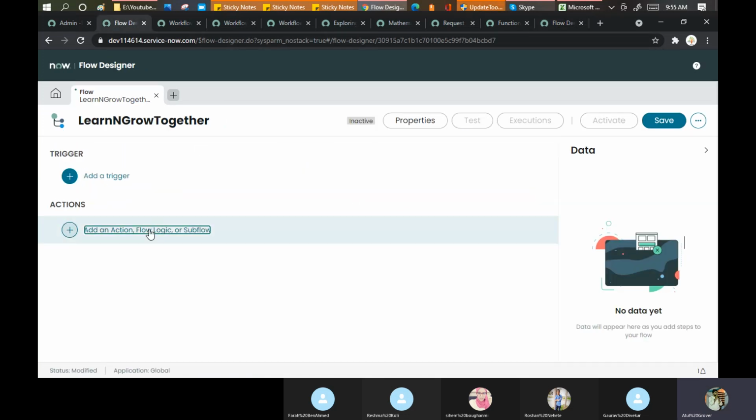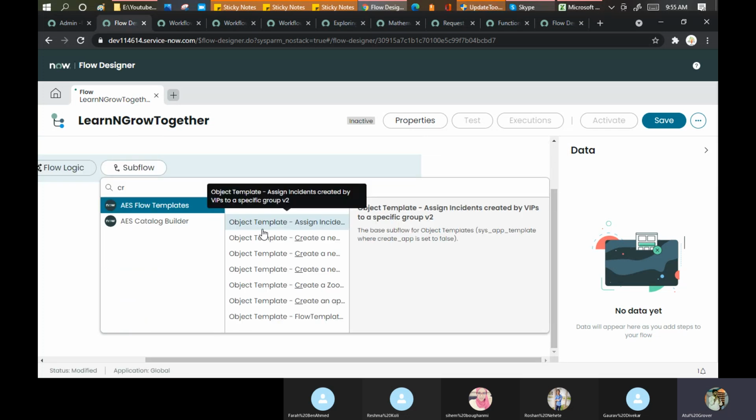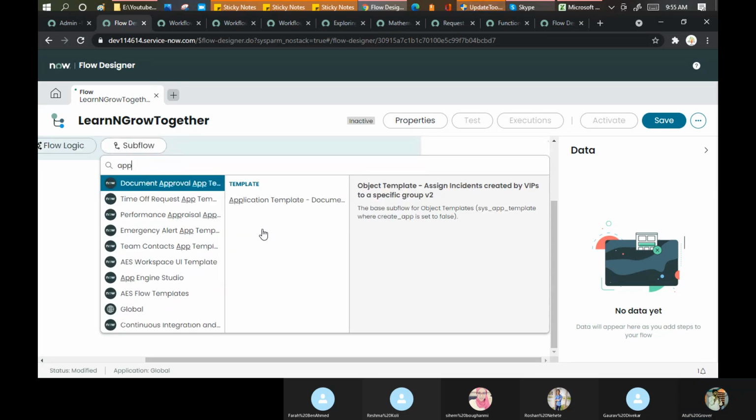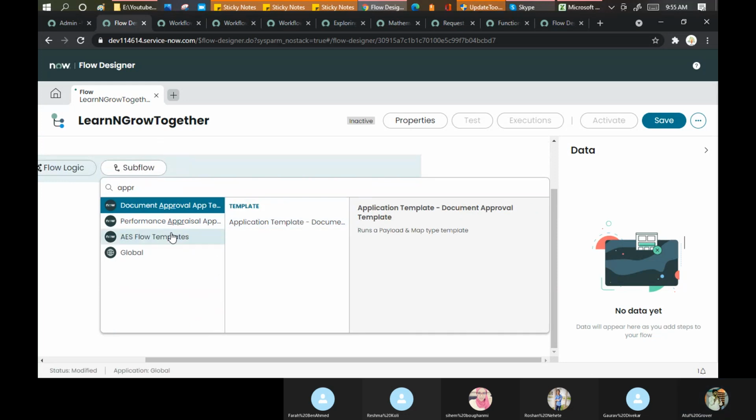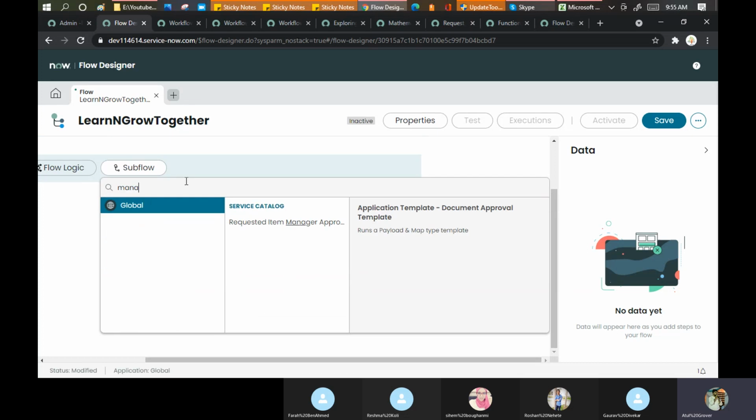Now let's go here and put a sub workflow. Sub workflow means these are the workflows which are already created. Approval. Or let me search for the manager approval. Yep. Request item manager approval.